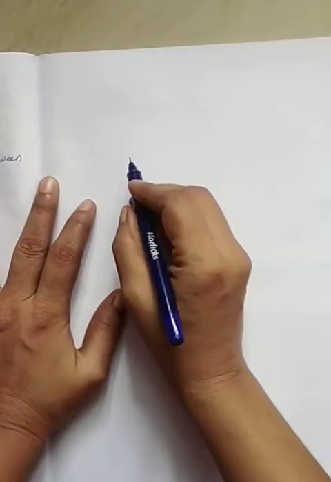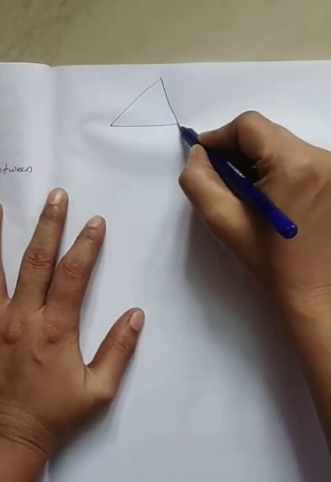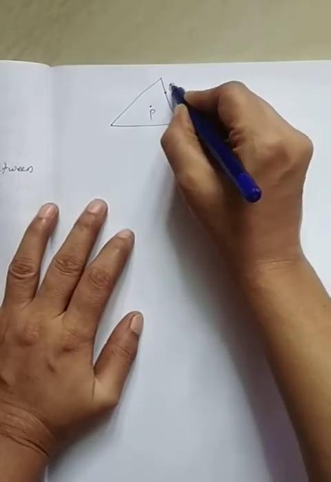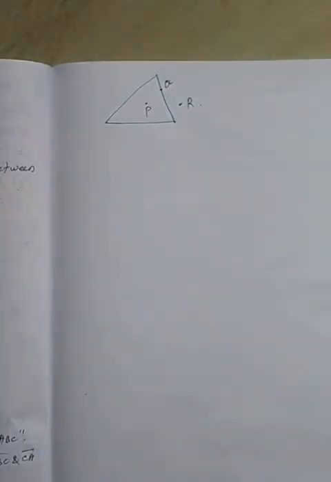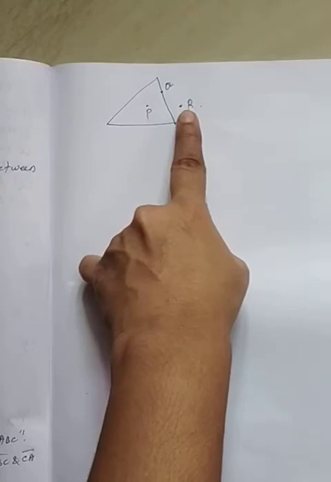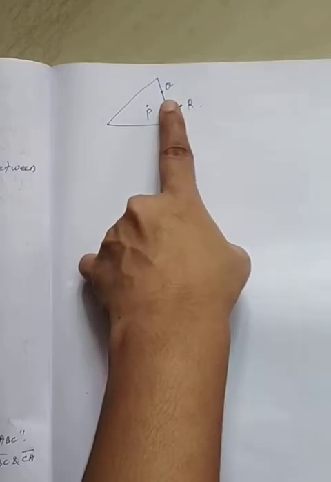See the next picture. I have to take one triangle. This one is P, this is Q, this is R. See this triangle. Being a polygon, a triangle has an exterior and an interior in the figure. So see here, P is in the interior of the triangle, and R is in the exterior of the triangle. And Q is on the triangle.